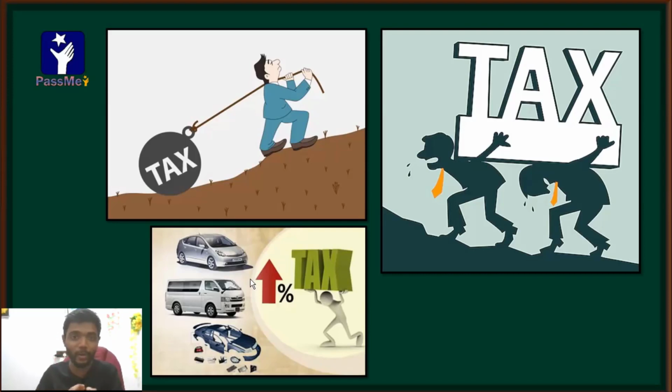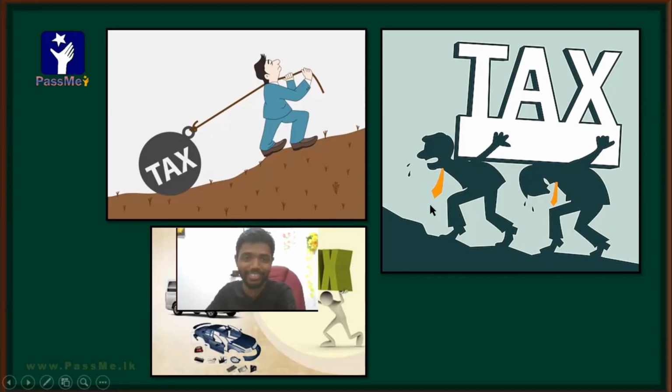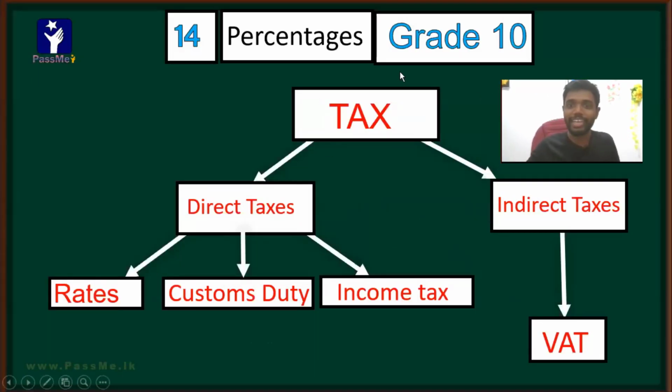Export import business වලදී right. For the moment you can see all the practical applications are combined with this tax everywhere. That is the sentence that I'm using always. So grade 10 percentage